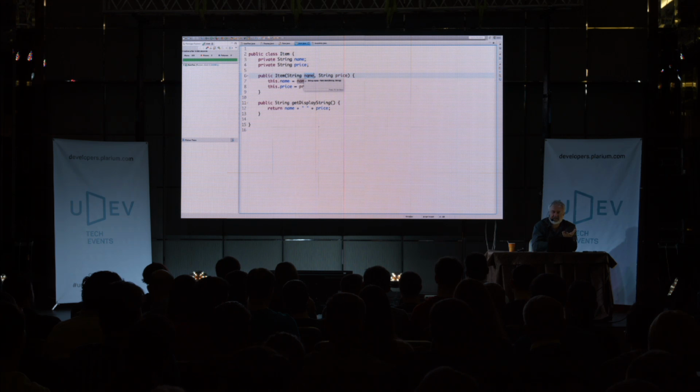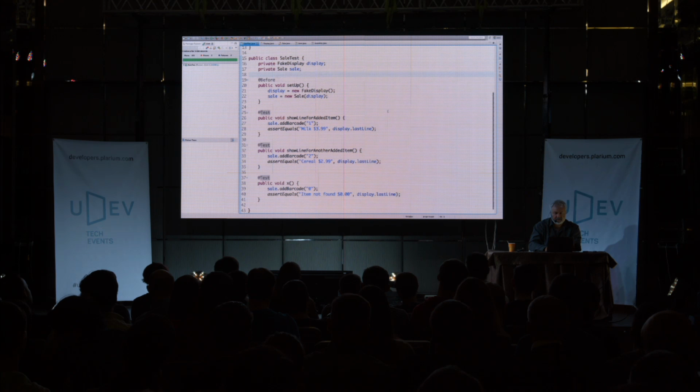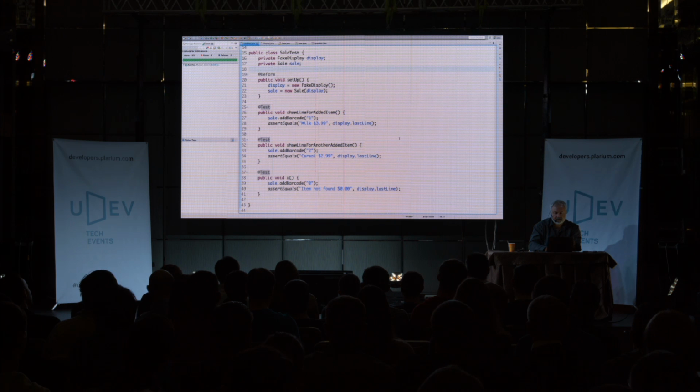So is this the best way to do this? Probably not. But is it an option? Yeah, it's an option to go and do these sorts of things. So you can slowly go ahead and start to build up something like that in response to the particular tests that we're executing. Now, if I was going to give this a name now, I would say